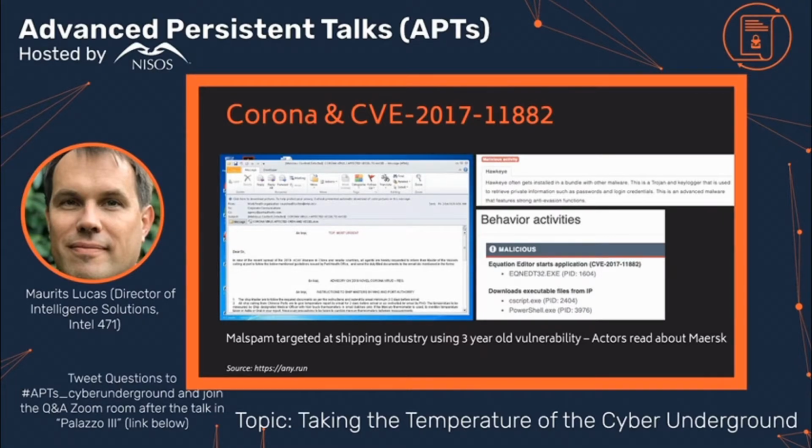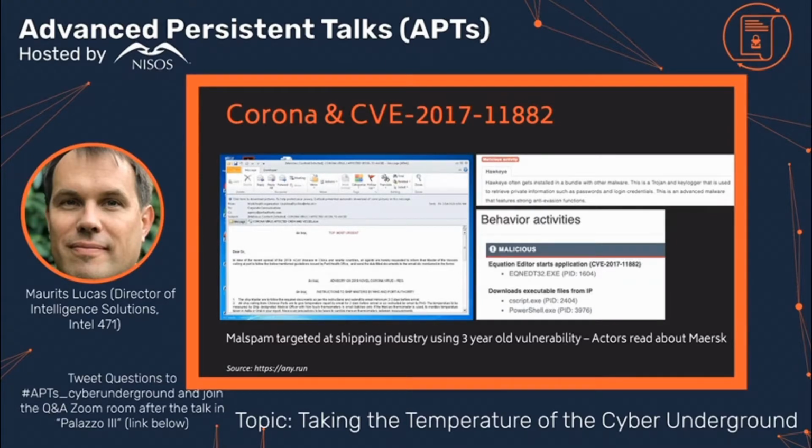It actually nicely ties into a report that Palo Alto's Unit 42 published just very recently. This one's from February this year, and you already see cyber actors using the Corona crisis, it wasn't a pandemic back then, to spread malware. In this particular instance, it's very interesting. This is a spam email purporting to be from the World Health Organization, which is sent to recipients in the shipping industry, saying that there's a new